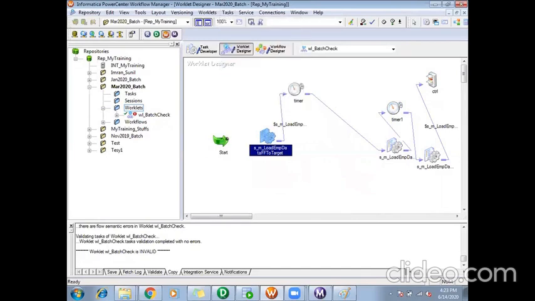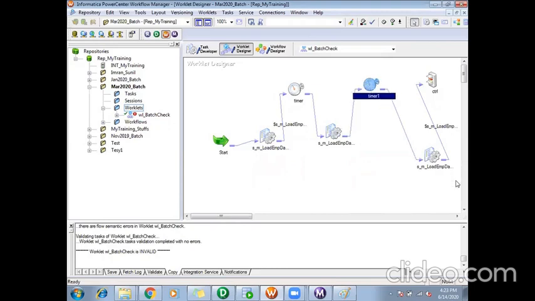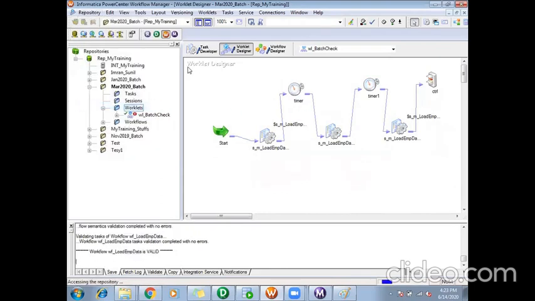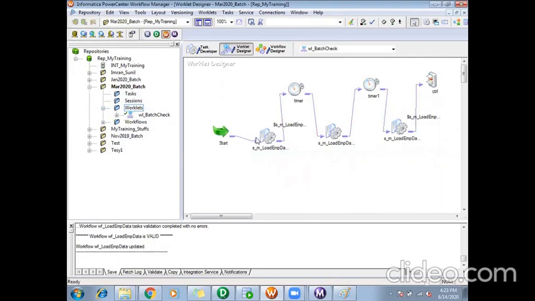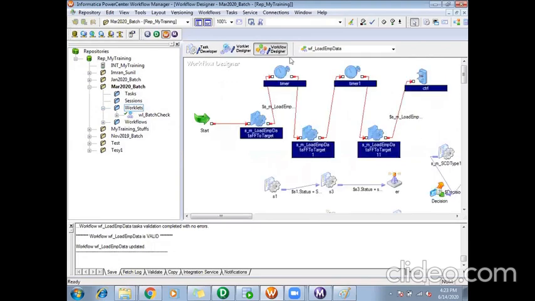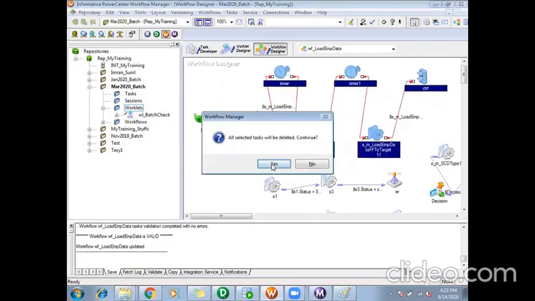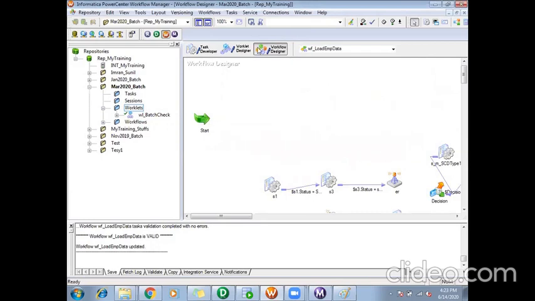Okay, this was the flow. Now, if this is a common logic, instead of hard coding it in every workflow, I can just use this in a worklet. And now in my workflow, I won't use all these components again. I'll delete them. I'll just use this worklet here.